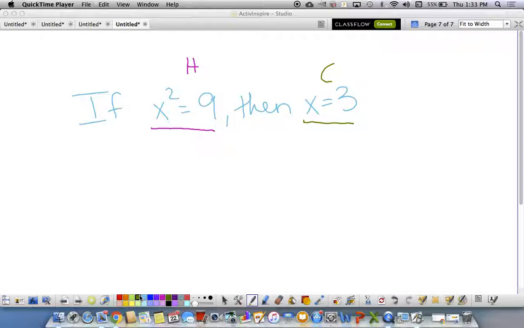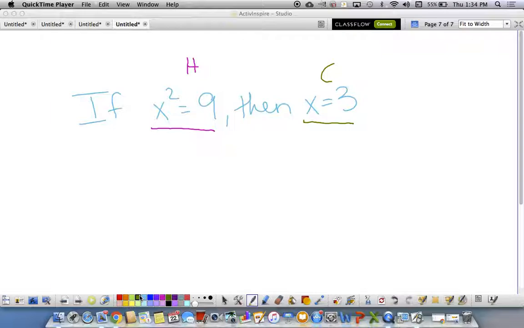Now, don't say anything out loud. Is this a true or false statement? What is its truth value? Keep this in your head. What is its truth value? Is it true or is it false? So false. Okay, so now,